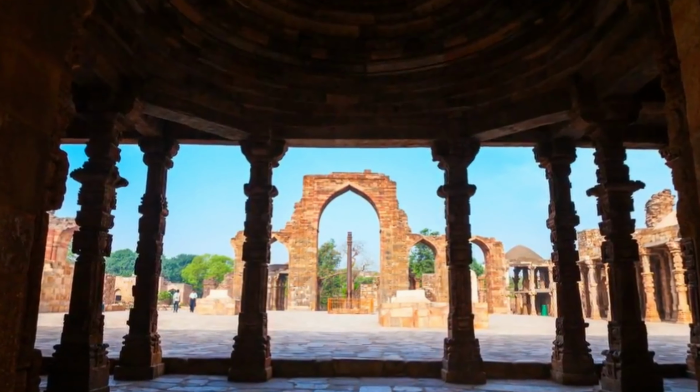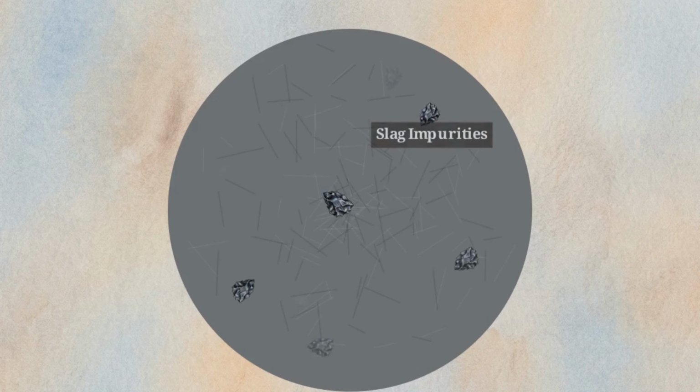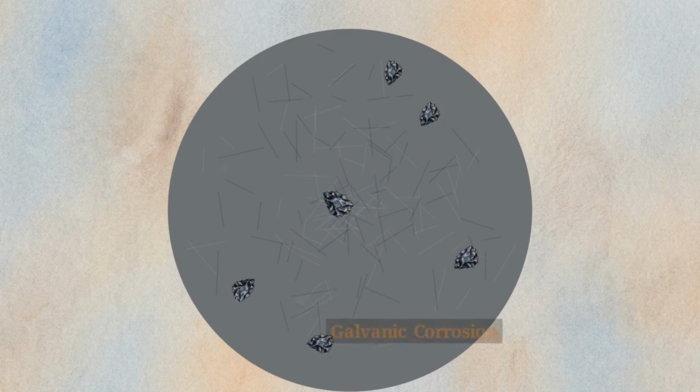Despite 1,600 years of constant exposure to monsoon rains and high humidity, the pillar shows negligible atmospheric corrosion. It is a wrought iron structure containing significant slag impurities, which typically accelerate decay. In modern metallurgy, this is a chemical contradiction. Heterogeneous iron filled with entrapped slag usually suffers from severe localized galvanic corrosion, as the impurities act as internal sites